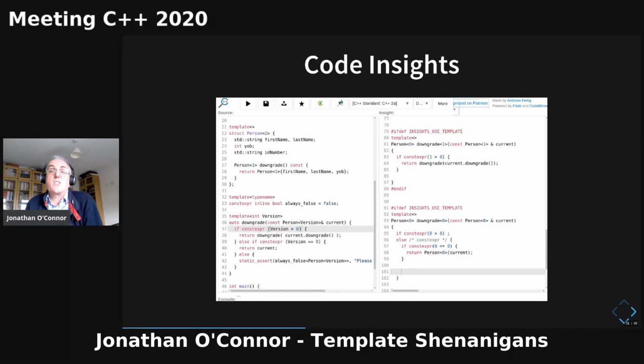I'll be looking at this code later on, but on the left, you see my actual code here. And I have a templated function called downgrade, and it uses if constexprs to do clever things depending on my version number and what's possible with my person class. And on the right-hand side, you'll see that inside the #ifdef insights use template, you'll see that the code insights